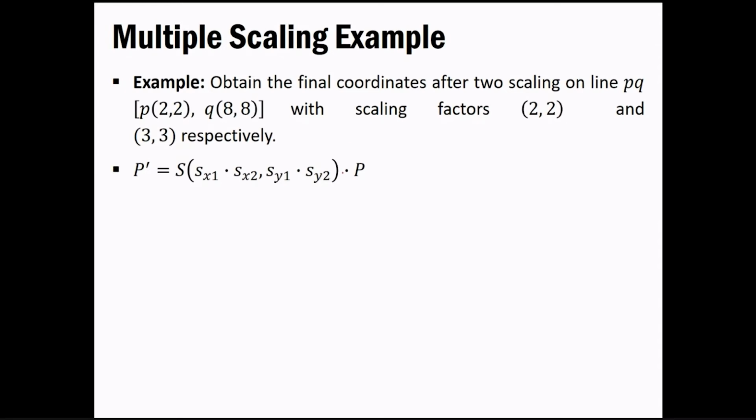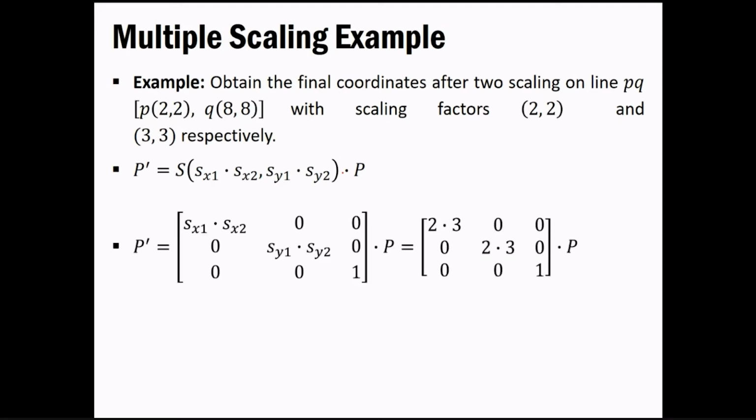Okay, so try to understand this. This is very simple, so we'll go fast, because multiplication is very clear to you, so we can simply see this in this way. This is the equation that we have just derived, which says sx1 into sx2, similarly sy1 into sy2, based on the multiple translations.